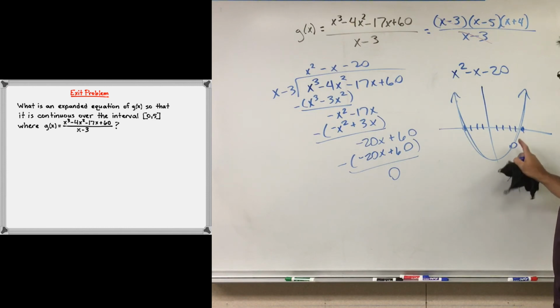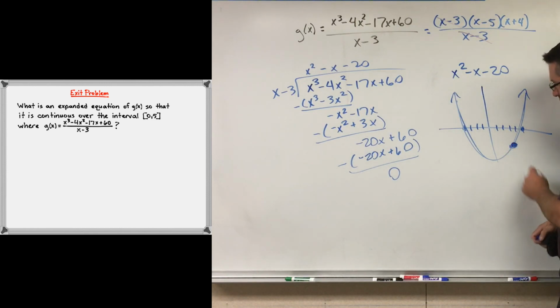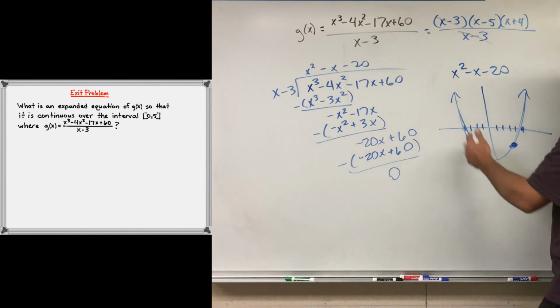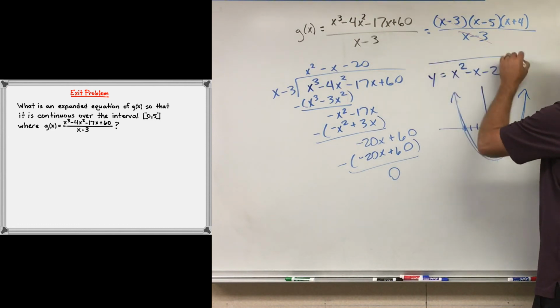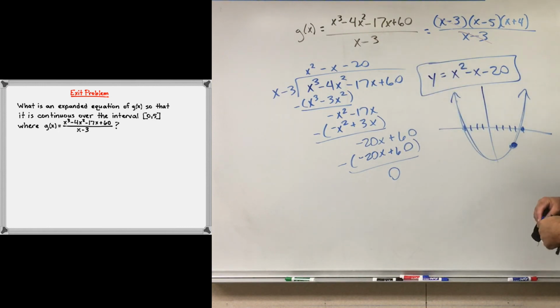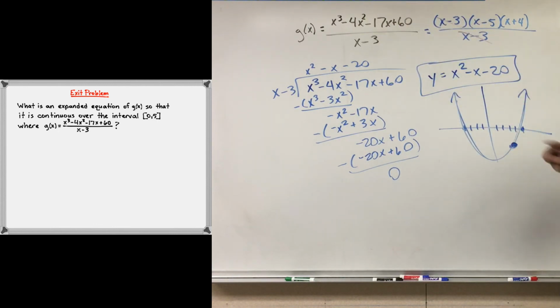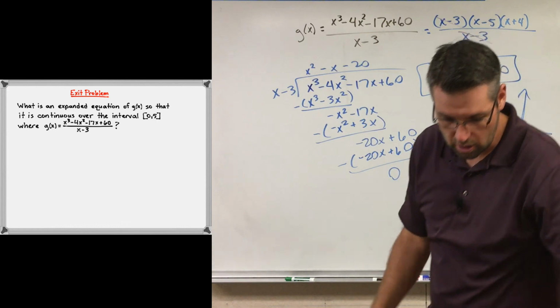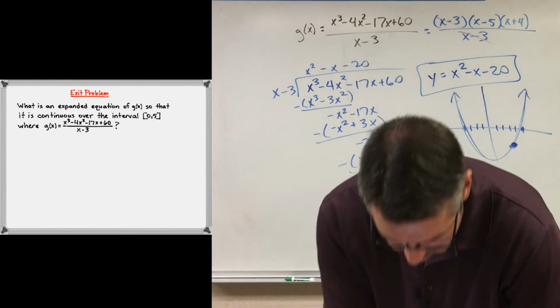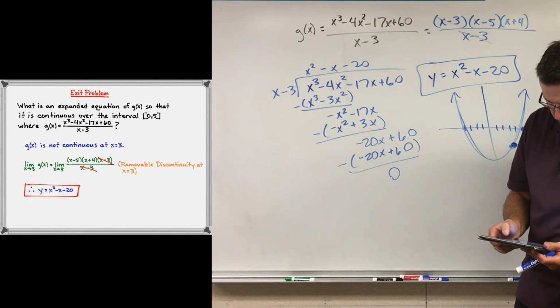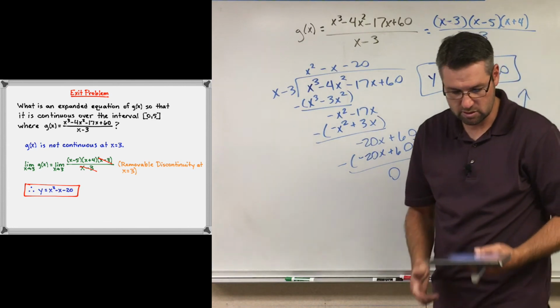How do we fill the hole? How do we fix it? Well, we just put a dot there and fill it in. What makes it a continuous function? Well, if we were to say y equals x squared minus x minus 20 is our function, then we would have a nice continuous parabola that matches this parabola but fills in the hole. And so that's our expanded equation is what we would say. Okay? So we can say that removable discontinuity x equals 3, and therefore what's left over is how we fill